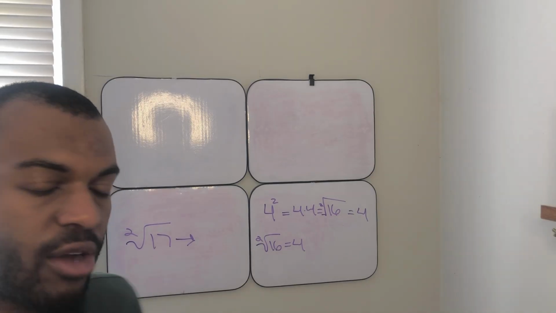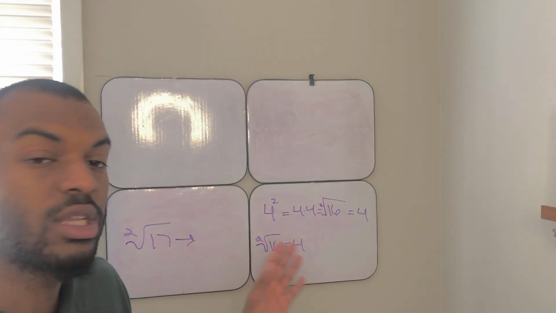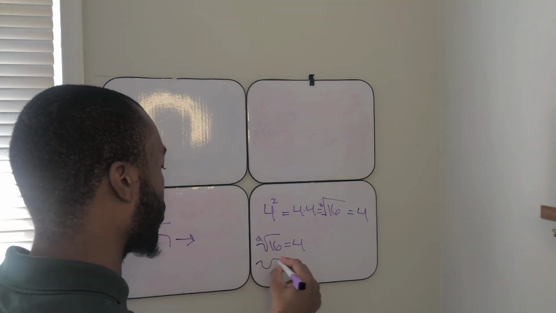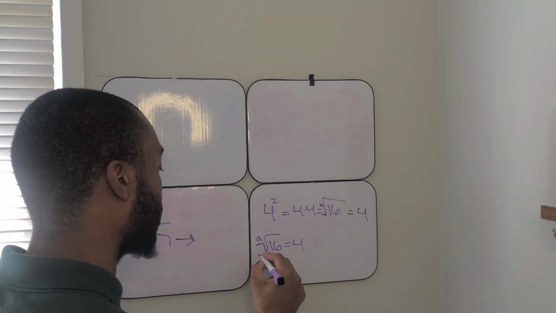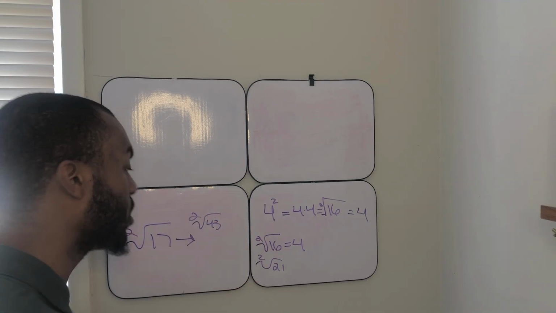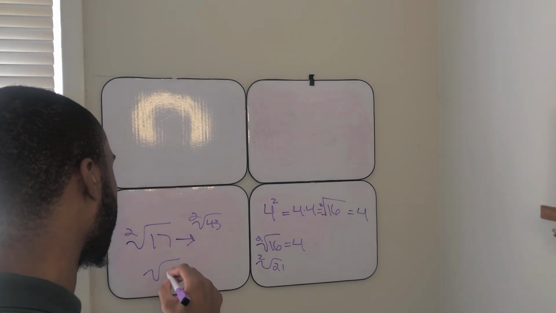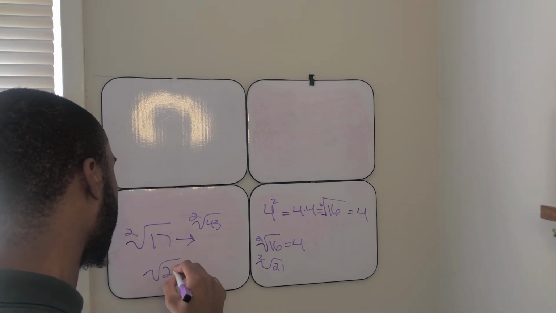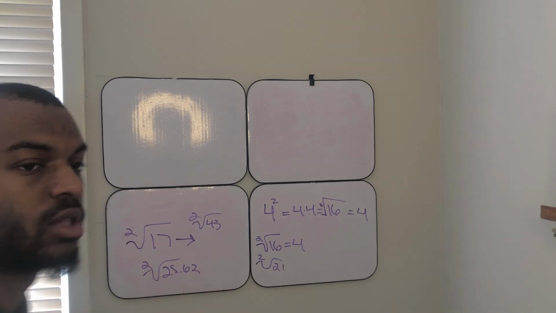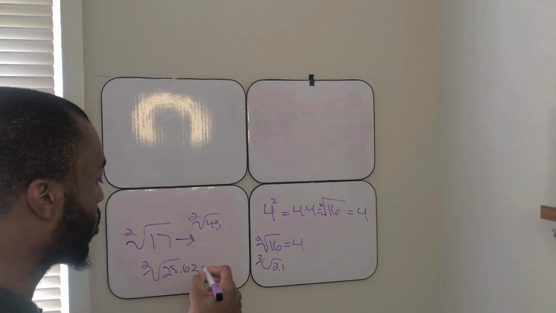The first thing I want to emphasize is that you can take the square root of any number. You can take the square root of 16. You can take the square root of 21. You can take the square root of 43. You can take the square root of a decimal, let's say 25.62. You can take the square root of anything that you want to,